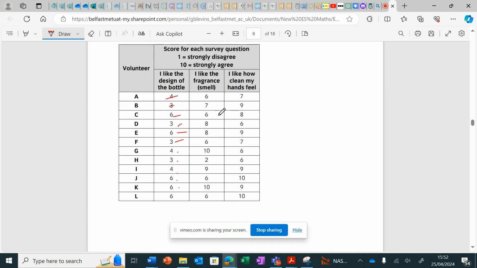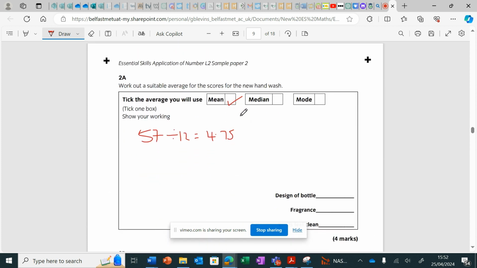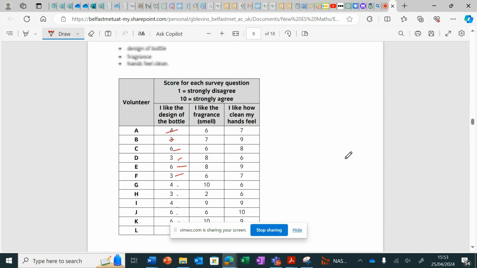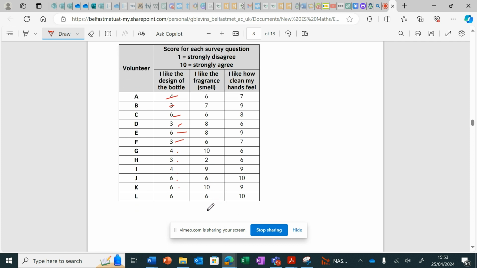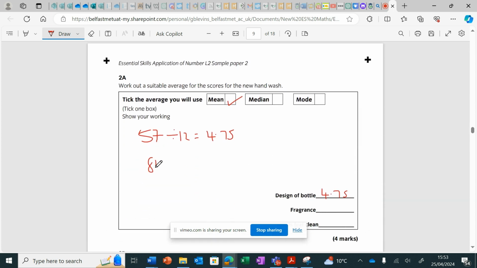And you repeat for each one. Now, if you're doing the mean, you've got to do the mean for each separate one. So I'll just finish off with the mean, 4.75. And then the fragrance here, 6 and 7 is 13, 19, 27, 35, 41, 51, 62, 68, 78, did I miss one? I think so, 84. And we're going to divide that by 12,